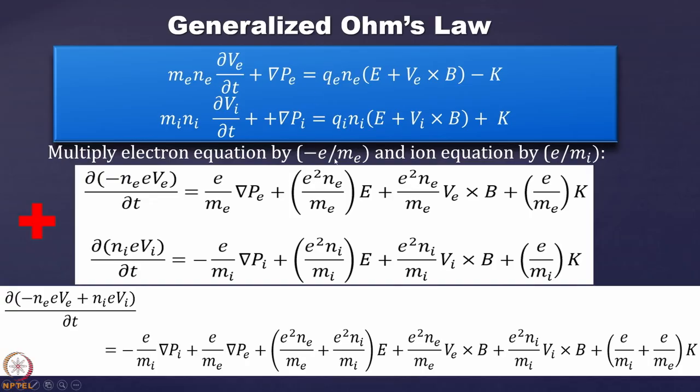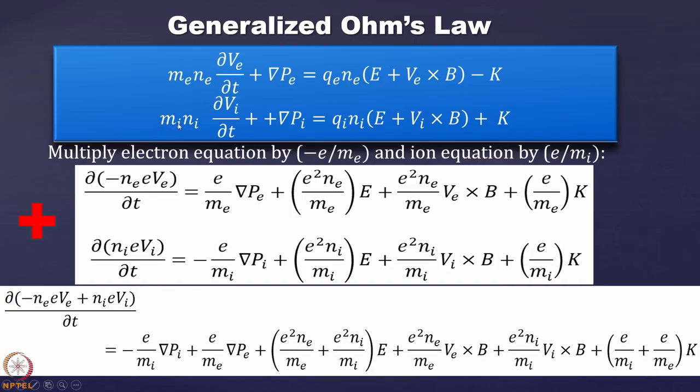So these are multiplied together and becoming positive, and so it is giving you e squared Ne divided by Me. This Me is coming at the denominator. So this E is there, and then the same factor is coming because these two have common factors. So e squared Ne by Me again coming here, and then Ve cross B. And you see that we have multiplied by minus e by Me. So when we multiply minus K with this term, it becomes e by Me into K. So this goes as far as the electron equation is concerned.